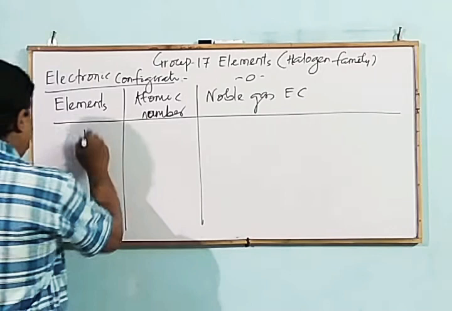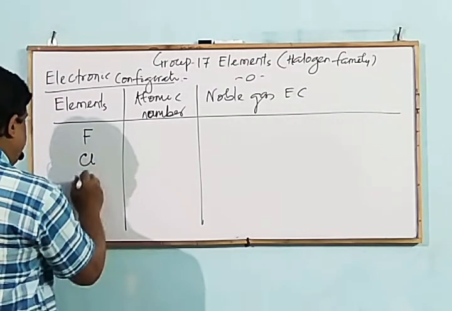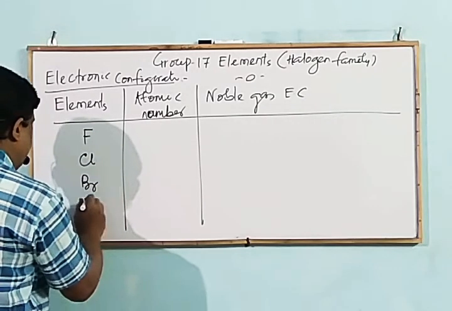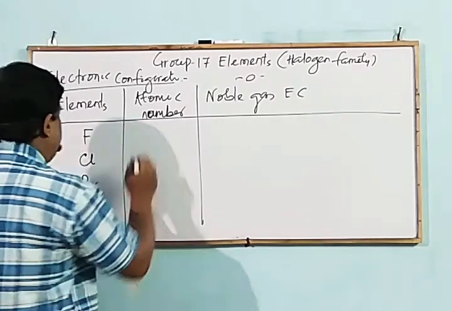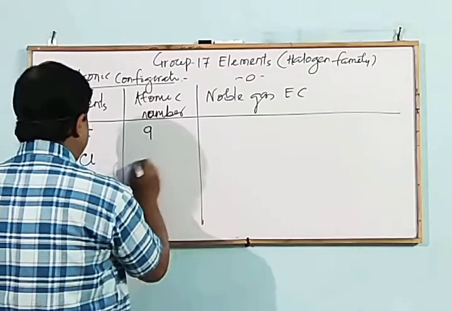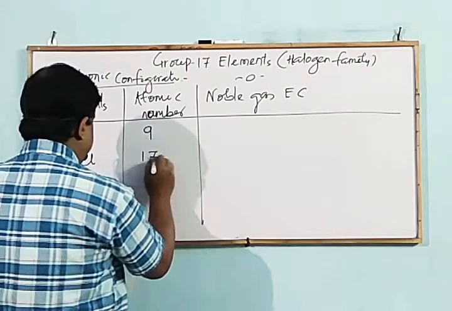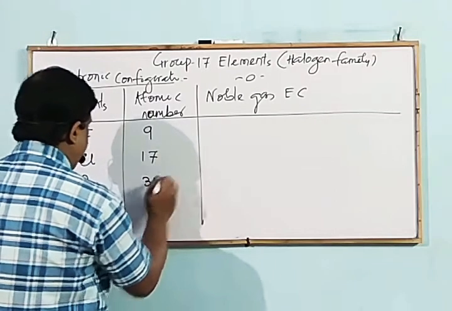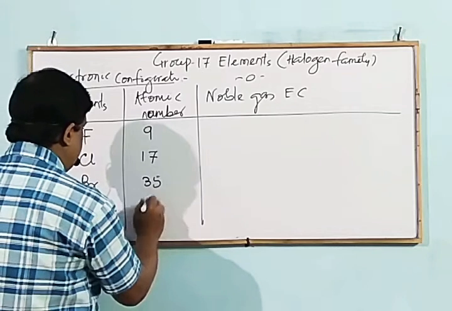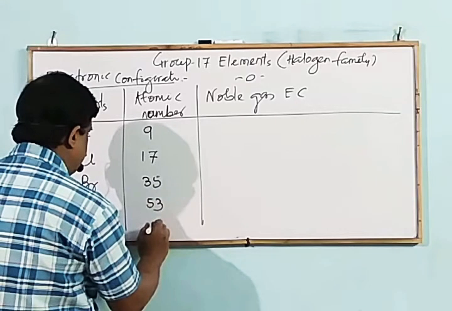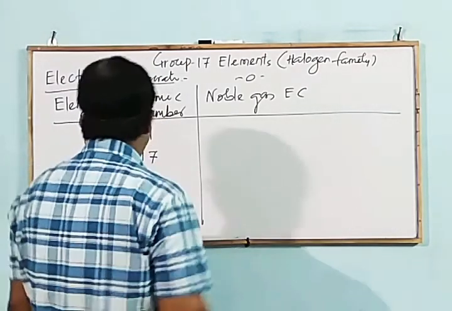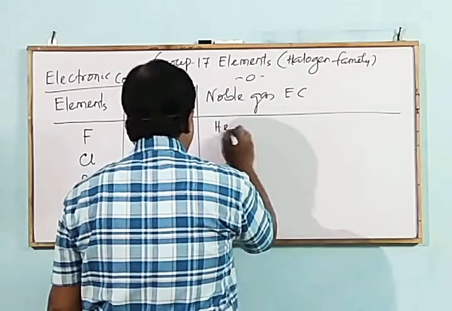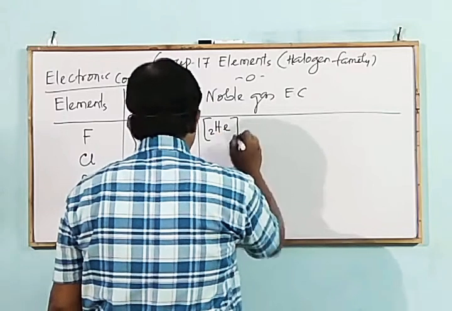First one is fluorine, chlorine, bromine, iodine, astatine. The atomic numbers are 9, 17, 35, 53, 85. If we go through the noble gas configuration, it is helium 2,